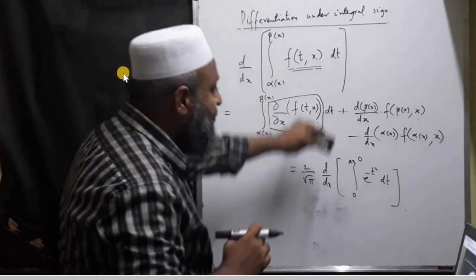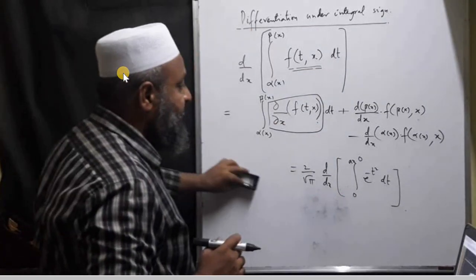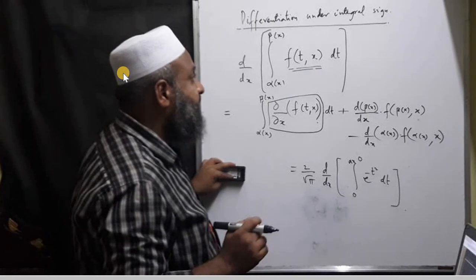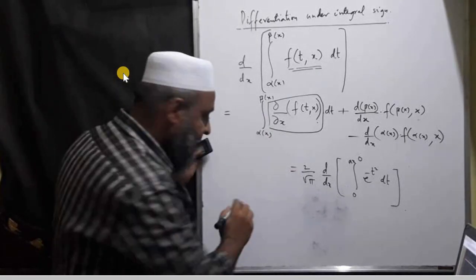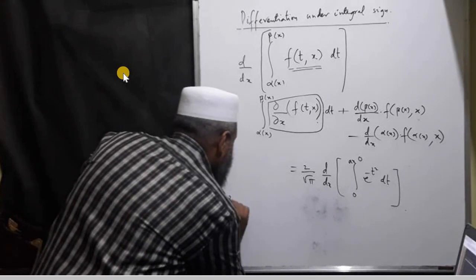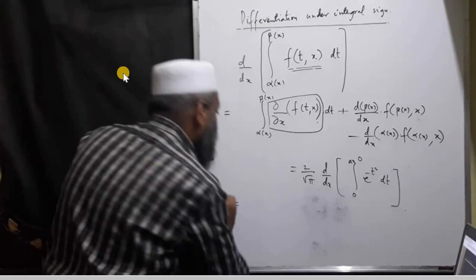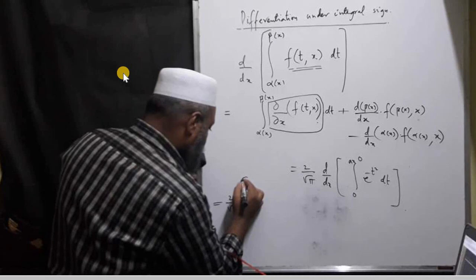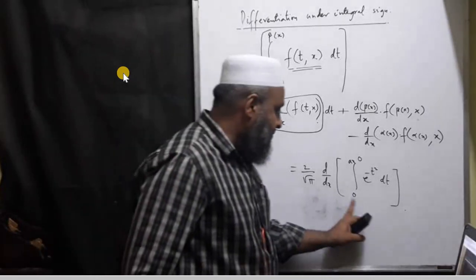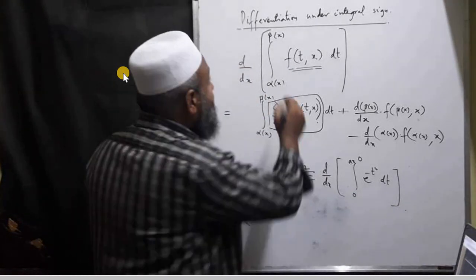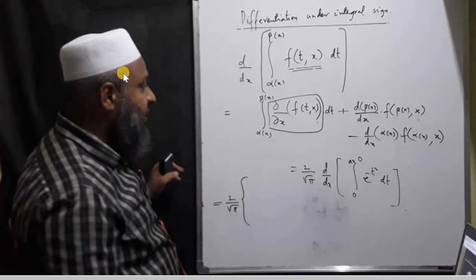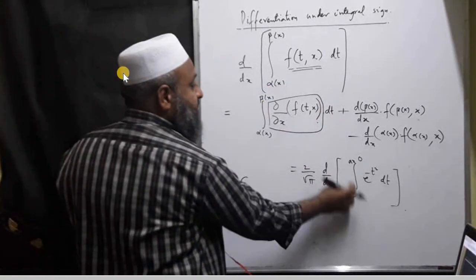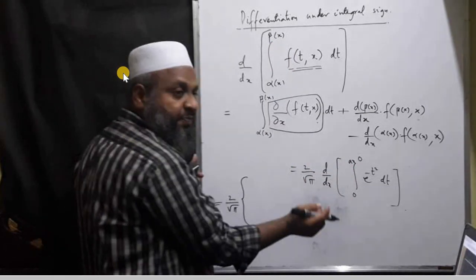Now we are going to use this rule to calculate this one. So what I now do is, I will write it here itself. So 2 by root pi. Now you see carefully, this d by dx of this one is exactly matching with this one. Just to try to make the comparisons carefully. Here alpha of x is 0, beta of x is nothing but ax.